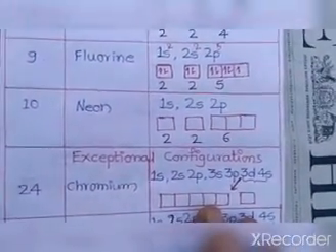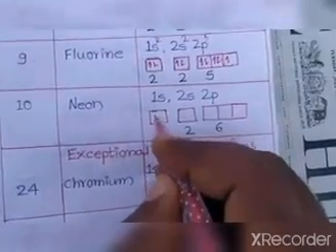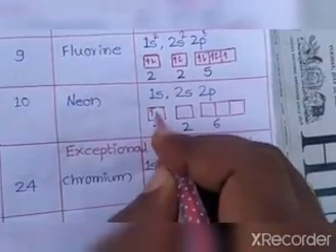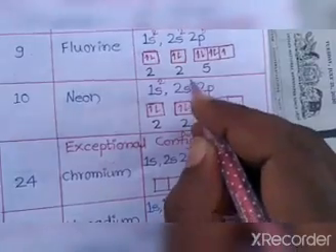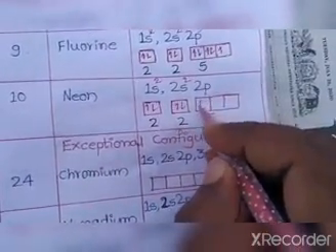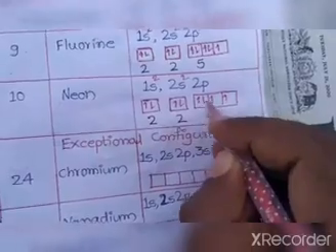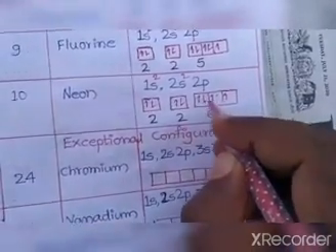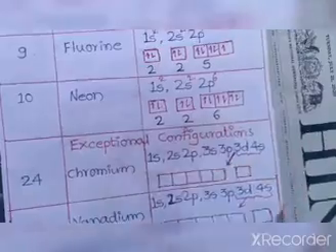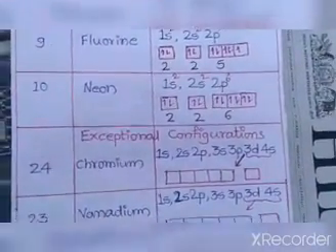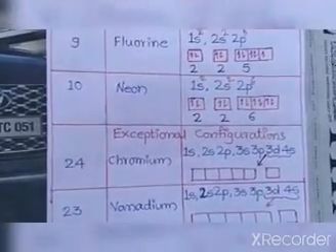Similarly, next is atomic number 10, neon, and the number of electrons is also 10. Here also the first electron will fill 1s, the second is 1s, then it is 1s2. Third is 2s, fourth is 2s, then it is 2s2. Fifth is 2p, sixth is 2p, seventh is 2p, eighth is 2p, ninth is 2p, tenth is 2p, then it is 6. And the neon electron configuration is 1s2, 2s2, 2p6. Okay students, I hope you get the idea.